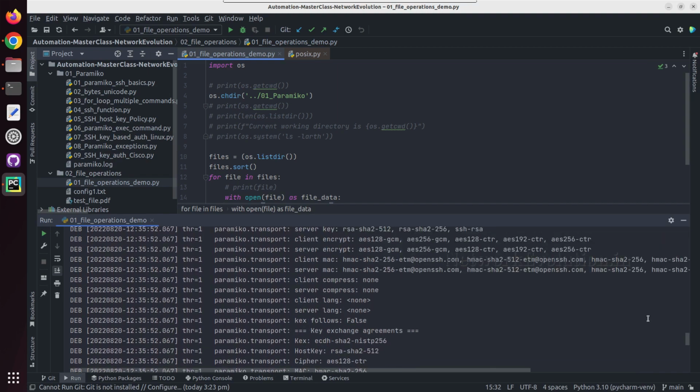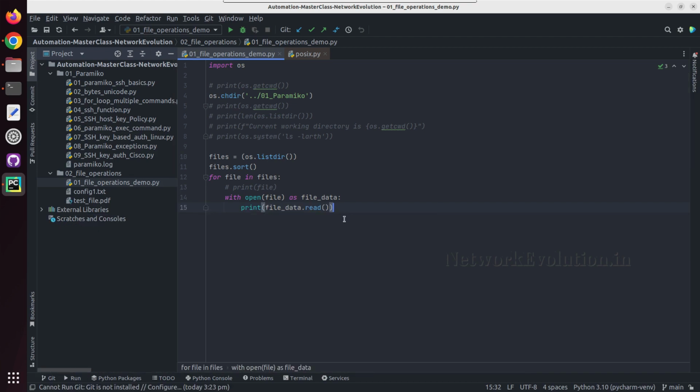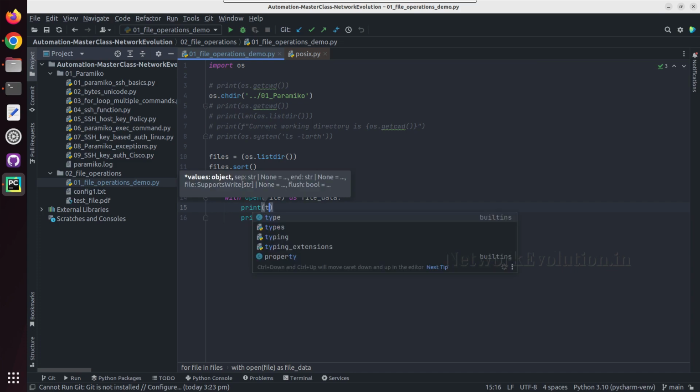So here now what is happening is it is trying to open all the 10 files and printing the output in the terminal. And here in this with open, this is a context manager. So what happens is this is trying to open each file and adding it into a variable called file_data. And if you see, print type of